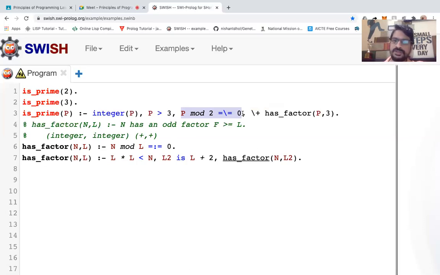क्योंकि 3 रहेगा तो दूसरा ऑड वैल्यू क्या होगा? 5। 5 रहेगा तो दूसरा ऑड वैल्यू क्या होगा? 7। सो इसमें क्या है अंतर? इसमें है 2 का अंतर। That's why we are increasing it by 2 and we are using this particular recursion function. So this is a recursion function that we are using here to find out whether a number has a factor or not. Factor मतलब कि वो किसी से डिवाइड हो पा रहा है या नहीं हो पा रहा।